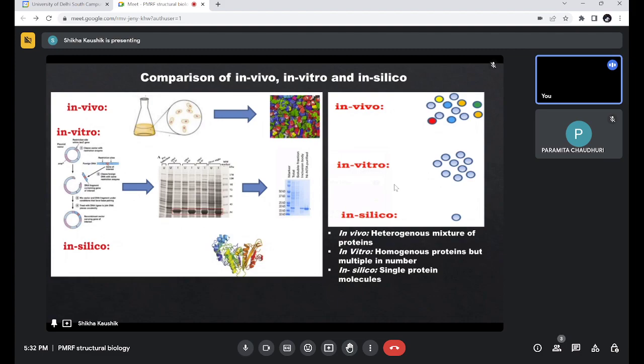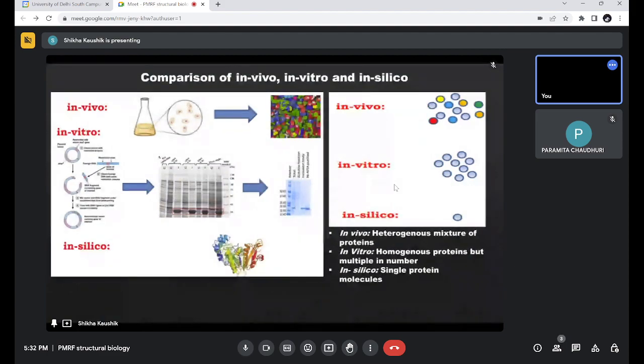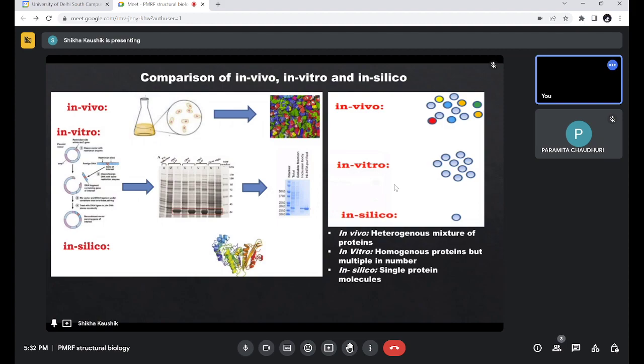We put a gene of interest in a particular expression vector. We try to express this particular gene or protein in a large amount, we purify these proteins, and we have the purified protein. So now we have a controlled number of proteins. But in vivo we don't have control on the number of proteins,